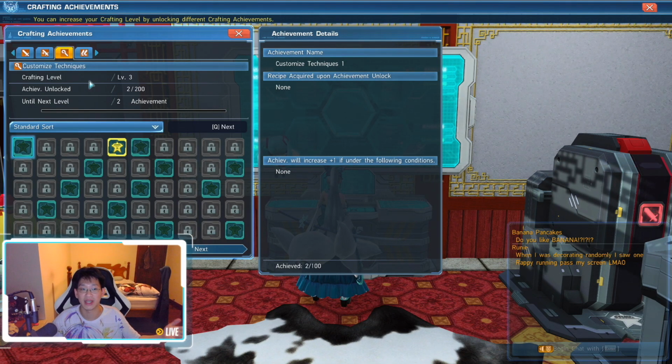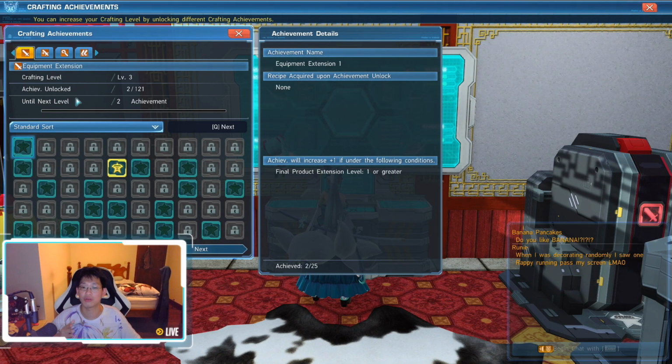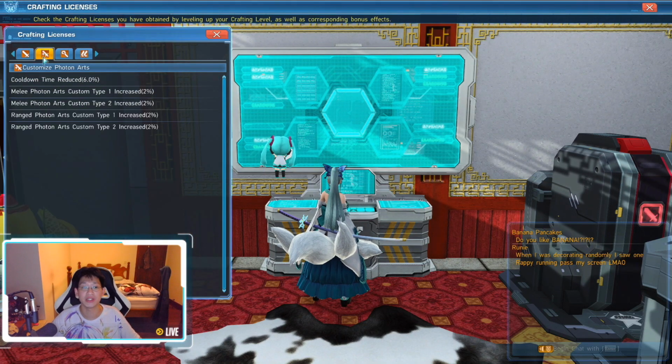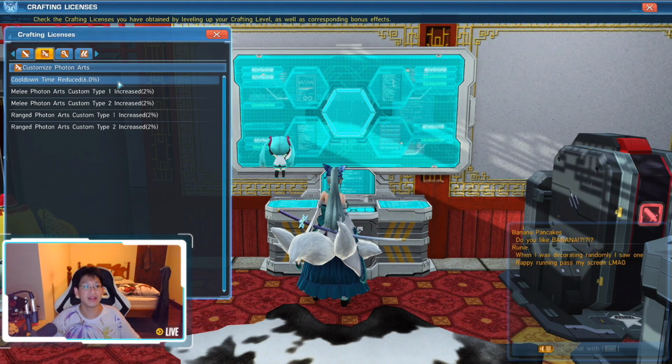If you want to customize techniques and increase this one, you just craft more techniques, and install time abilities, just craft more of that. So the more of a certain craft that you do, the higher the level it's going to be, and the more recipes you will unlock. And last but not least is check crafting licenses. These are basically bonuses that you have. So you can see over here, because my crafting is level 7 at the moment, that these are all the